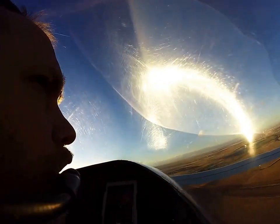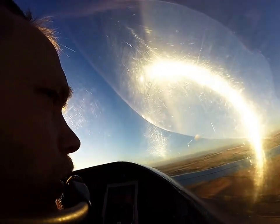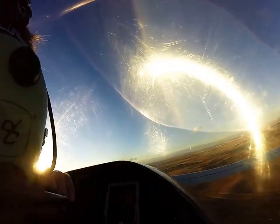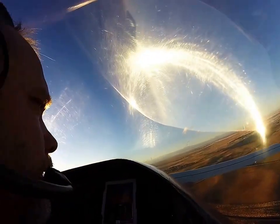And I'm in the traffic pattern now. This segment of the rectangle is the downwind, and I'm turning onto what we call base now. And then the last section of the